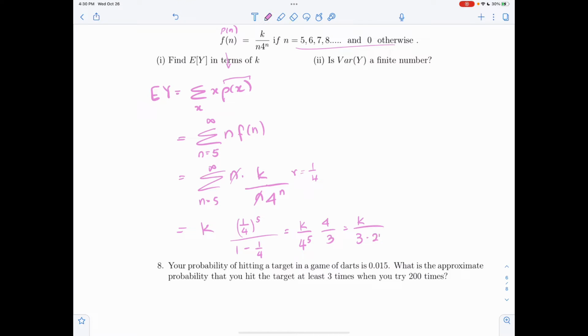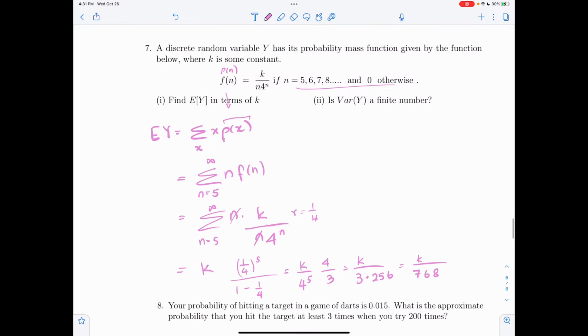If you want, we write 256. Okay, so that's the answer. All right. So that's the expected value of Y, and since k is a number over here, it's just that same number over there. Okay, obviously you know k is non-negative because it is part of the